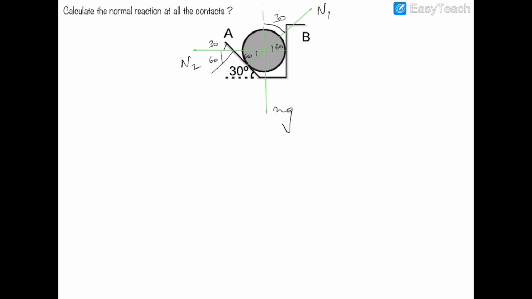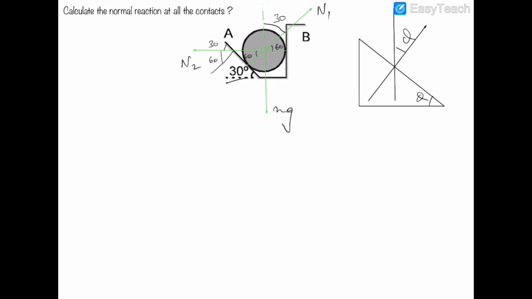So in further problems, we can directly point out, and I can show you with another diagram, that in this case, like that, if this angle is theta and there is a normal reaction pointing like that, then the angle of the normal reaction with the vertical will be theta. This angle will be theta. Okay, so this is angle 30, and this is with the vertical. This angle will be